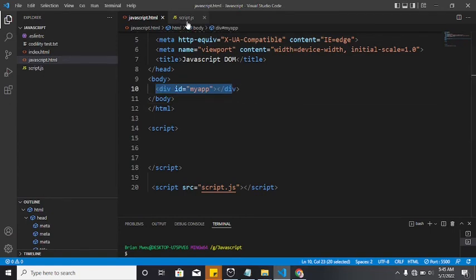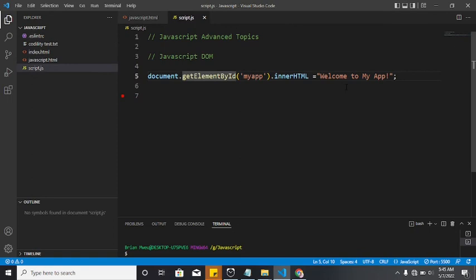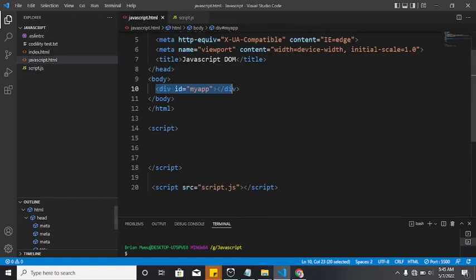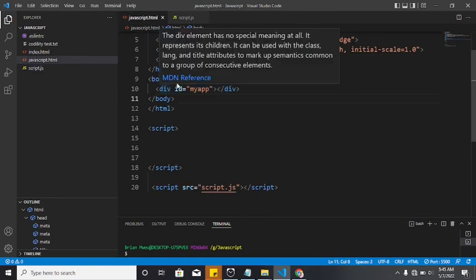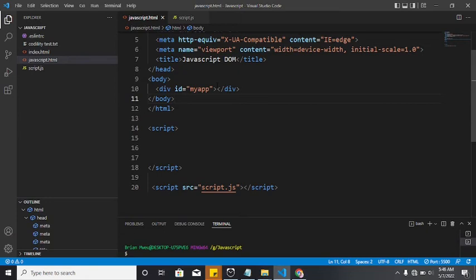And then innerHTML, it gives the content, whatever you want the HTML to render. Now for example, if you wanted to change this title, okay, it will be a heading, and whatever you want it to change to, then you'll have to use the